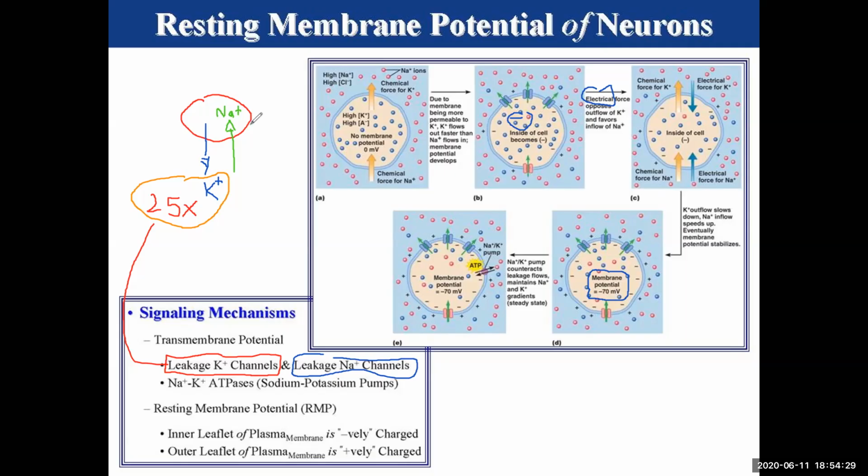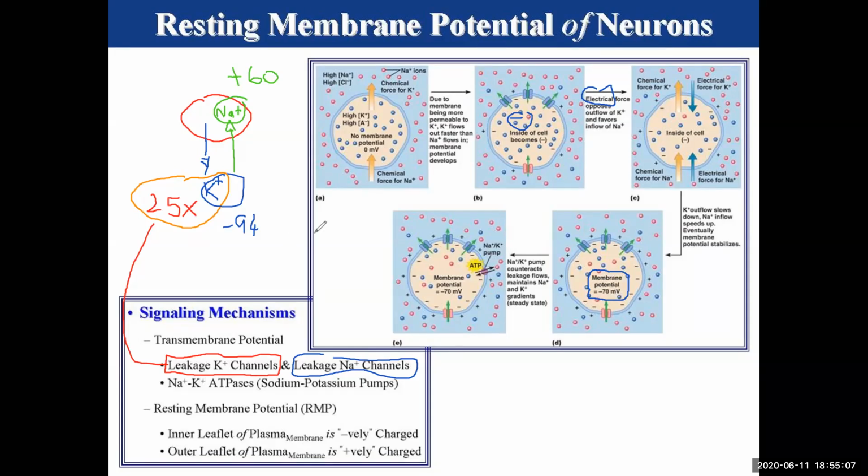Each ionic species has its own equilibrium potential. Sodium is plus 60 millivolts. Potassium is at minus 94 millivolts. Now, since the membrane is more permeant to potassium, that's why the resting membrane potential is at minus 70,